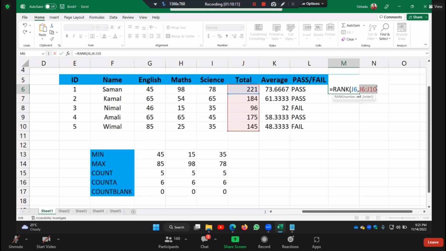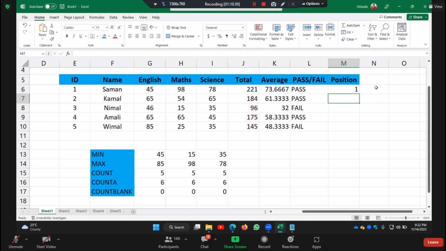so this is actually partially complete. This is not fully complete because we need to provide the reference here. I'll show you what happens if we didn't provide the reference. So I'll just type the data range, close the bracket and enter. Not to show what the mistake is, I'll just type it like this and press enter. We get the rank,